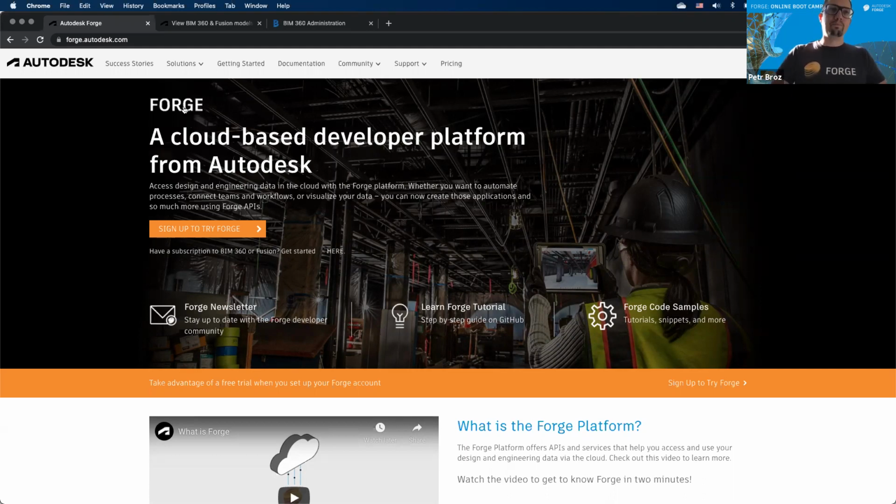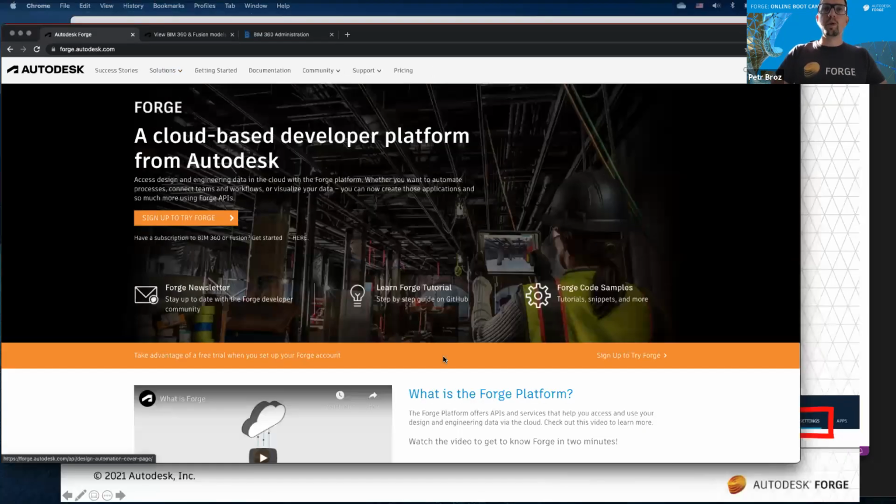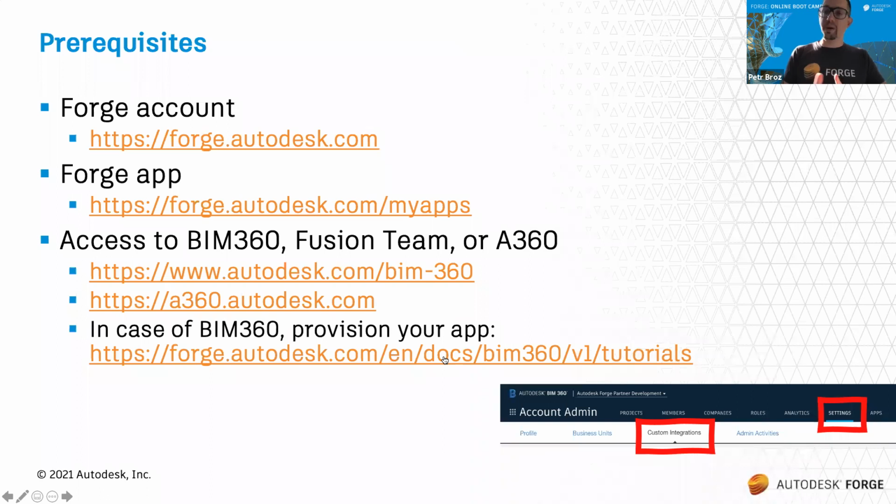This time, one minor difference compared to the first tutorial we did on Monday, we will also need to set up this thing called custom integration with one of the Autodesk products built on top of the Forge platform. In my case, I'm going to be using BIM 360,